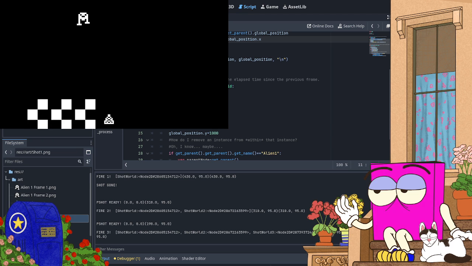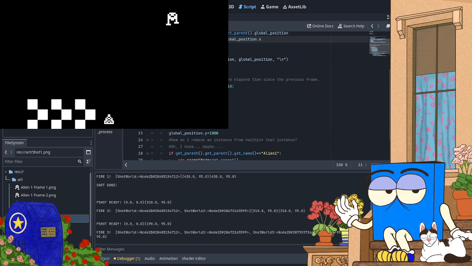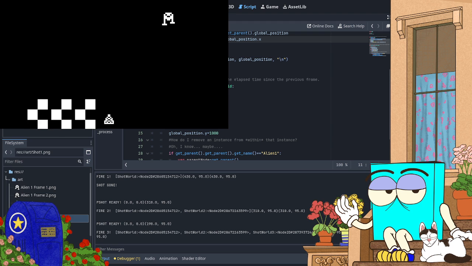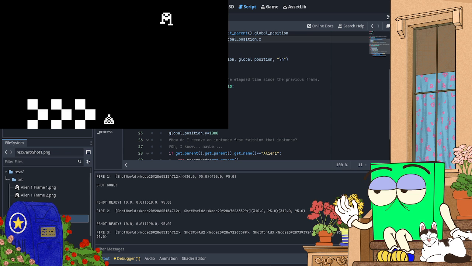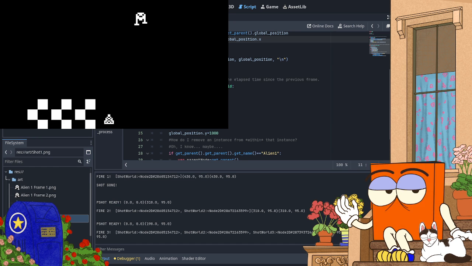Now the problem is clearly that remove child is not what I... Ah, so I'm not properly removing it. Okay, okay.